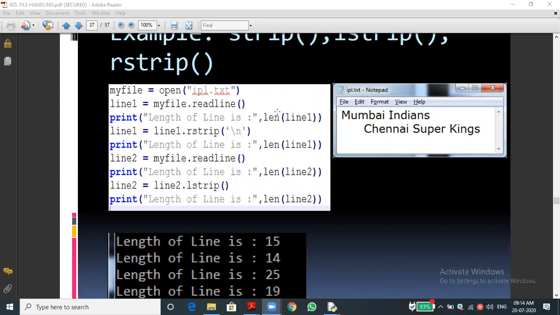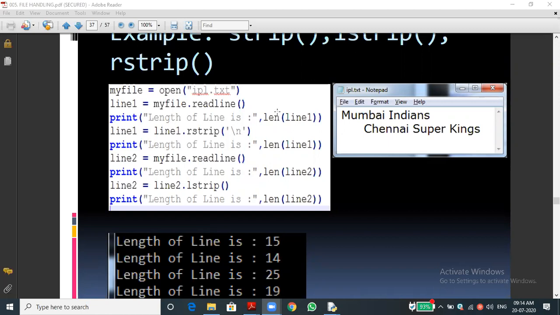What is the use of rstrip? Explain to our friends. It will remove the right side of the string. Super, very nice. Then what are they passing as the argument? It's the newline, sir. So it will not only remove the white spaces, it will remove the entire extra characters. For example, if we typed only the first few characters and after that there are many spaces, those empty spaces will be removed. That is the use of \n if we give it.